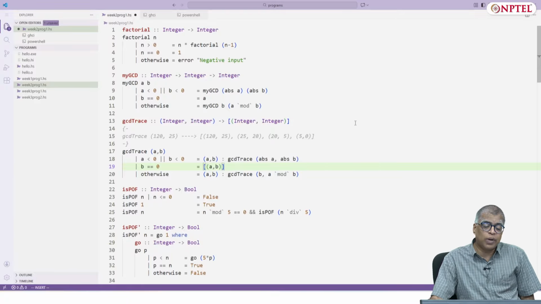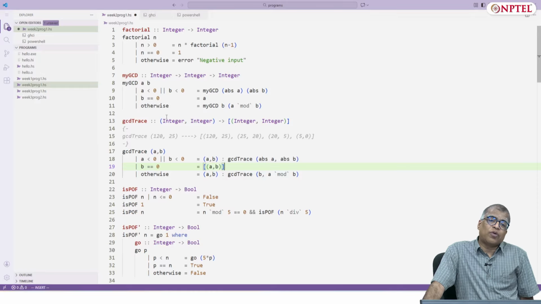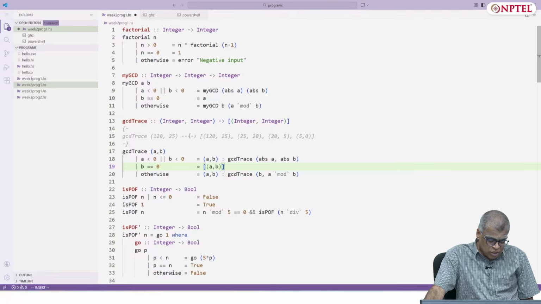So this is how you build a list which tells you how this program evolves. For various other integer functions, you can also try to build similar kinds of traces to get a better understanding of how the computation evolves.